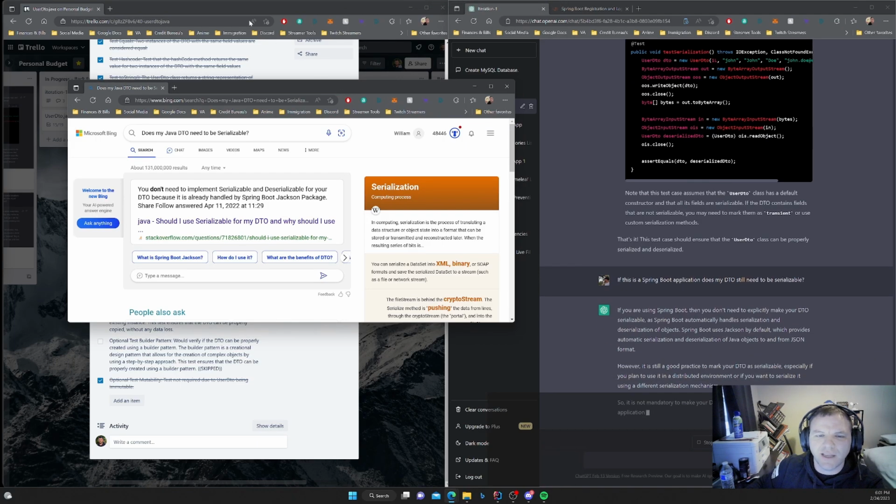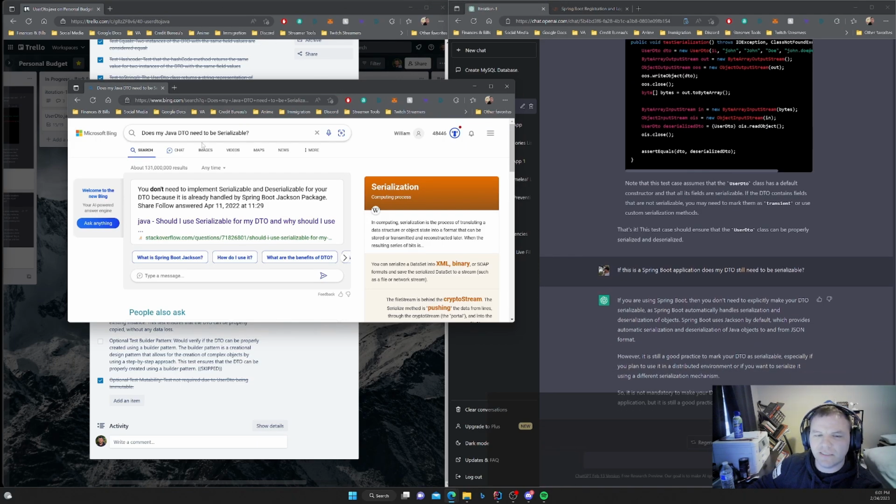Bam. See, I put, does my Java DTO need to be serializable? You don't need to implement serializable or deserializable for your DTO because it's already handled by Spring Boot.